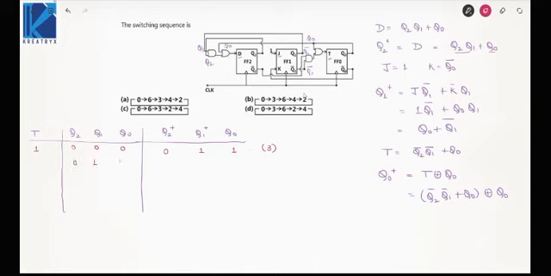Next take 3. Q2 plus is Q2, Q1 plus Q0, that is 1. Okay. Q1 plus is Q0 plus Q1 bar, that is 1. T is Q2 bar, Q1 bar plus Q0, that is 1. So it will toggle. So it will become 6. Next take 6. Okay. Q2 plus is basically Q2, Q1 plus Q0, that is 1. Q1 plus is Q0 plus Q1 bar, that is 0. And T, Q2 bar, Q1 bar plus Q0, that is 0. So it will hold.